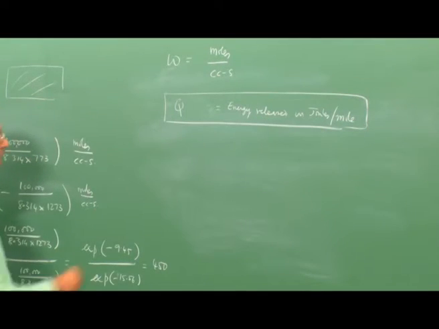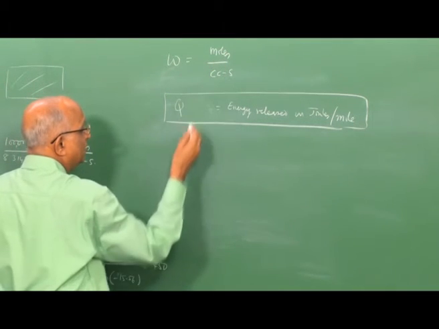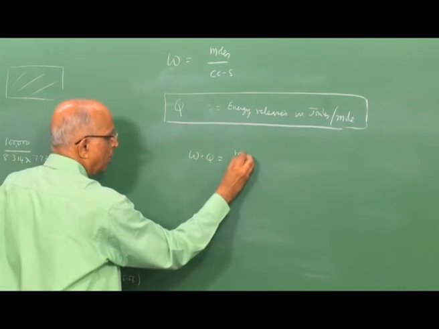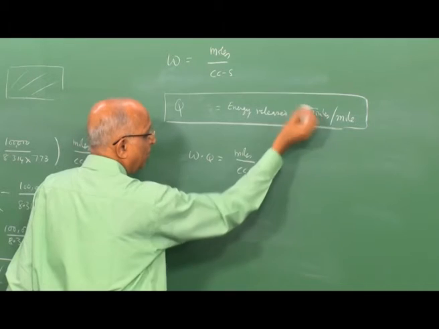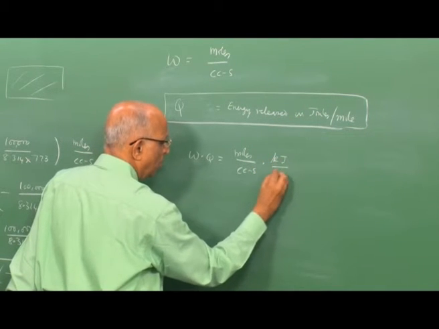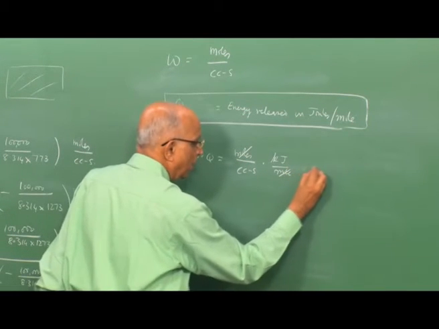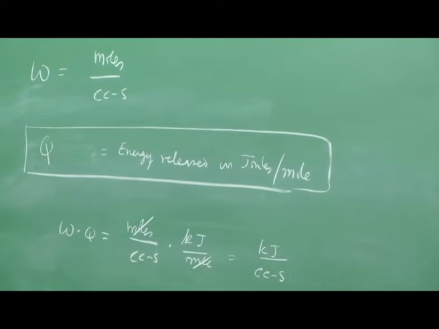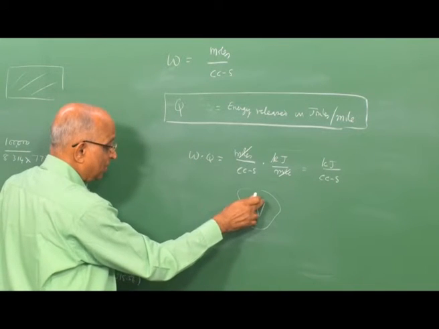I know how to calculate this, I have done several model problems. Now if I take this value, and omega is moles per cc second, I multiply by Q, what do I get? Omega into Q gives me moles per cc second into the energy released. Normally we denote the energy released in kilojoules per mole. Mole and mole get cancelled, and the product omega Q tells me how much energy is released per unit volume per second. Or rather, I can multiply this by the volume, that means I have a volume of mixture which is V,